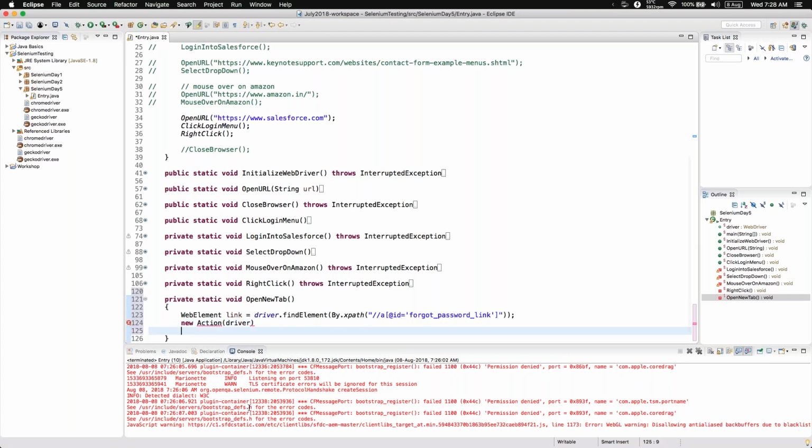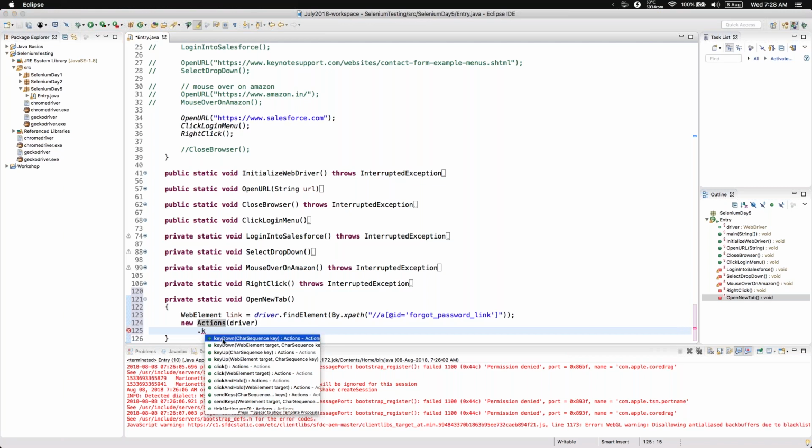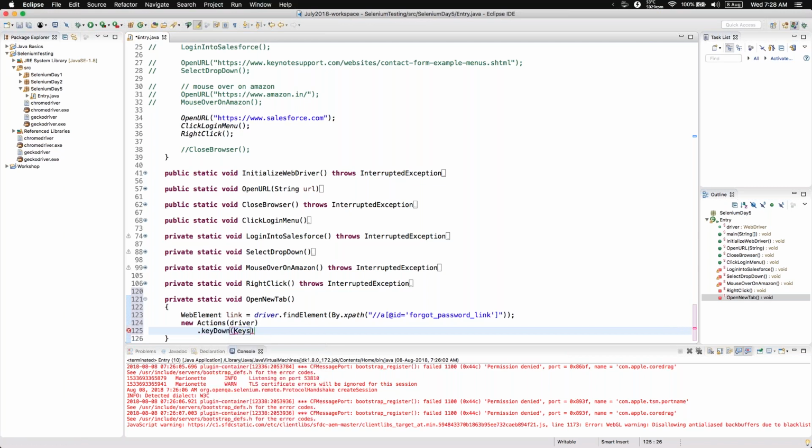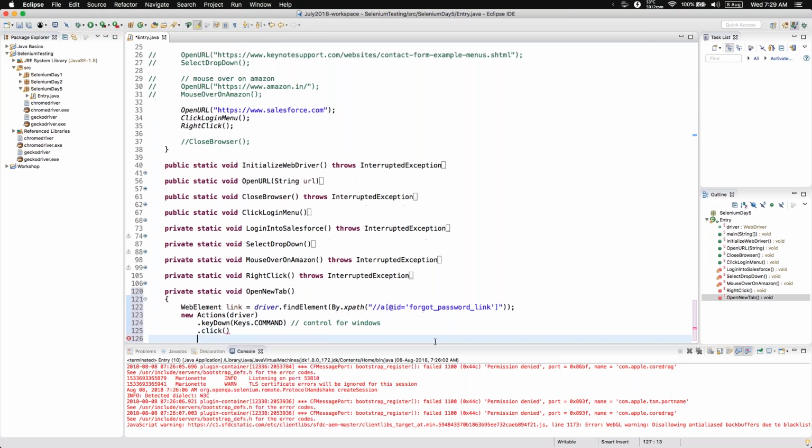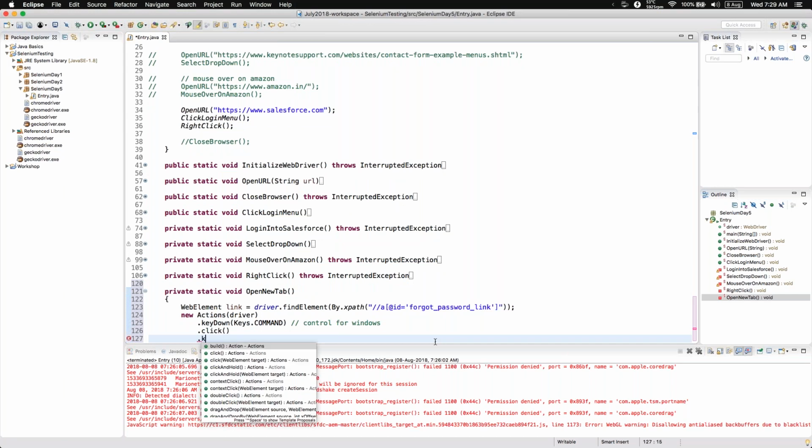Then dot key down. And in my case, I need to send the command. In your case, this will be control for Windows. And then after command, I'll say click. Then I'll say key up. First we did a key down, then we do a key up, and this time again we'll pass keys dot